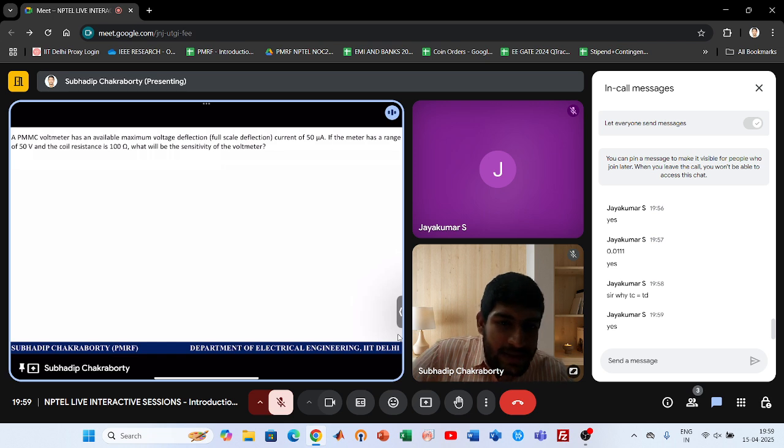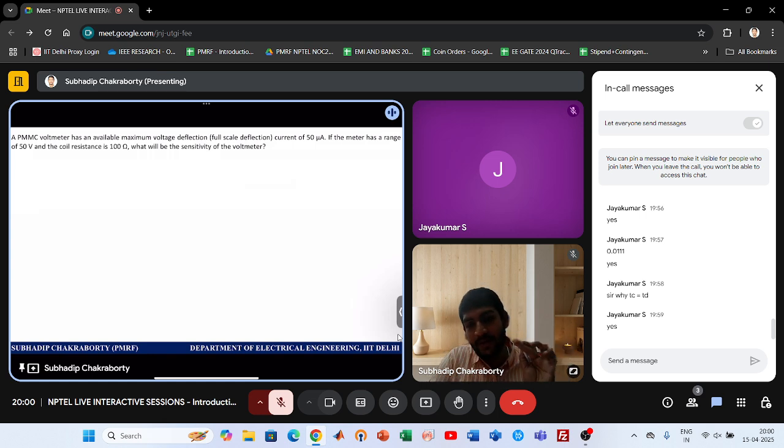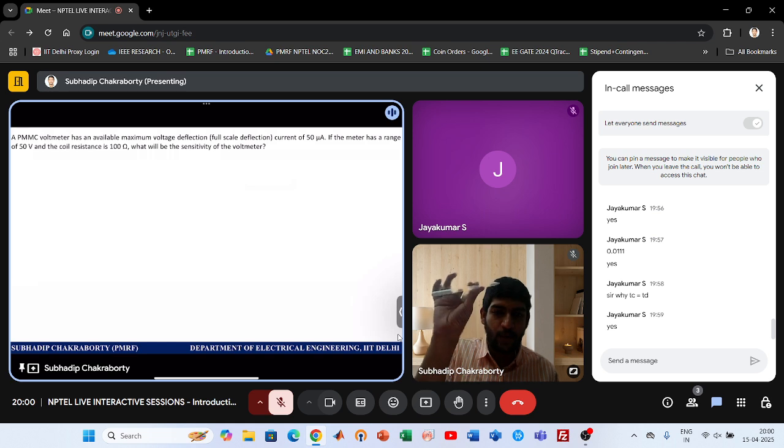Okay. You had a doubt, right? Why TC equal to TD? Because if TC is not equal to TD, then your pointer will not reach a steady position, like your Newton's law, right? You draw the free body diagram in your class 11 physics. What you did there was just balance the forces on this body. Because if this body is stationary,